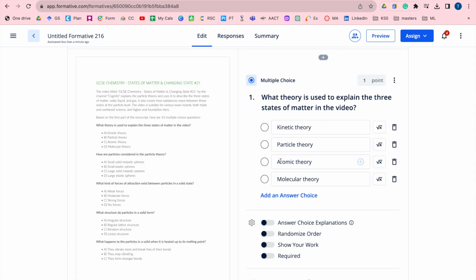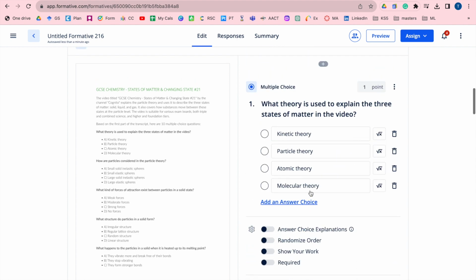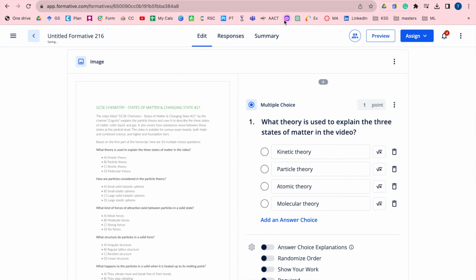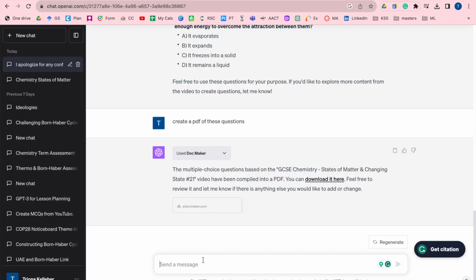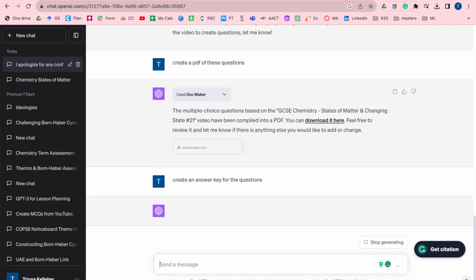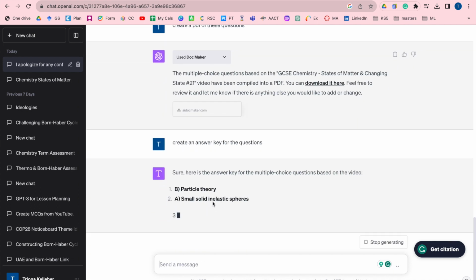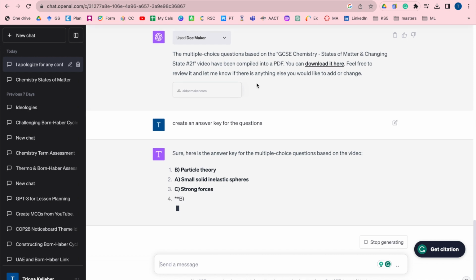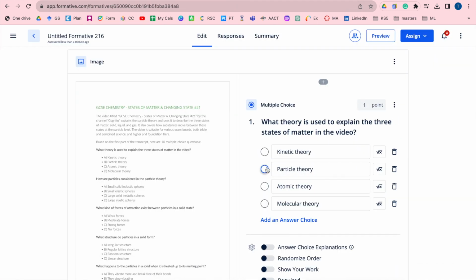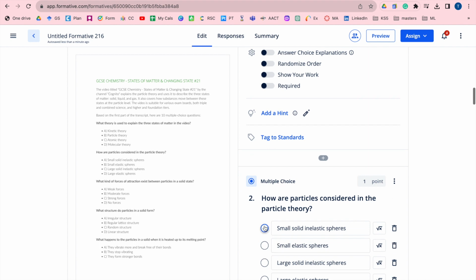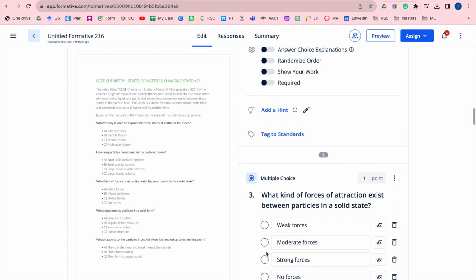So here are my questions, but what I notice is the answers aren't there, and I don't want to have to manually think about this. So I'm going to go back to GPT and create an answer key for the questions, and it is going to give me all of the answers: B, A, C, B. So then I can just go B, A, C,